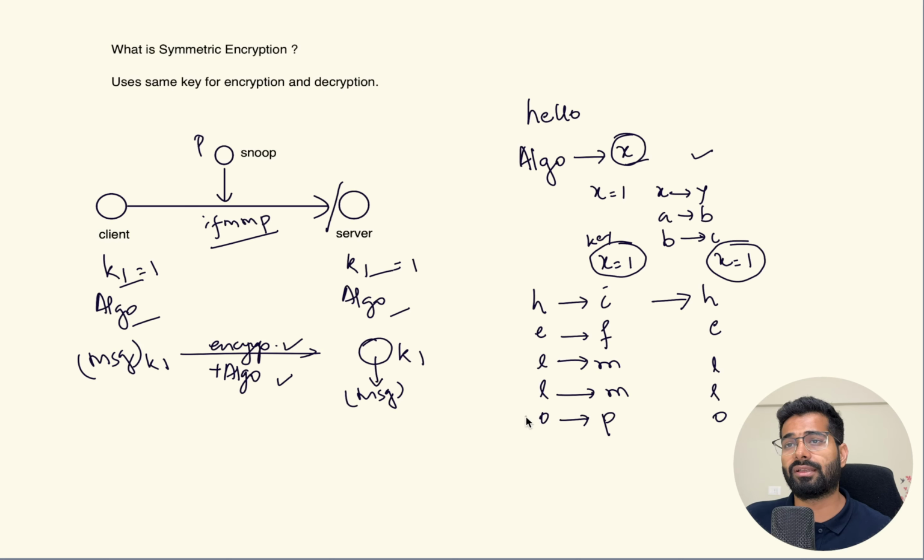Similarly, you can have other algorithms as well, wherein you take the index position of the letters and pass that number. With such algorithms, the server and the client can communicate with each other on a secure network. Now, the problem with this symmetric encryption is, first, you have to maintain the confidentiality of the